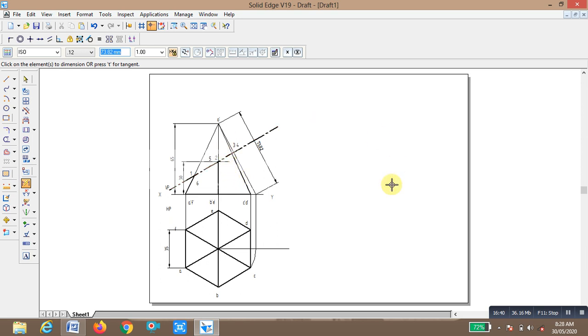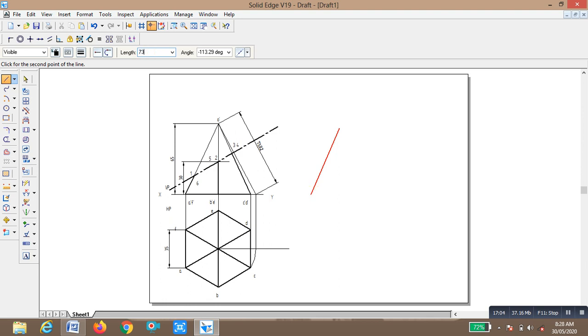Now we are going to draw an arc by considering the radius of 73.82. Consider a line, just considering here the length of 73.82, enter.